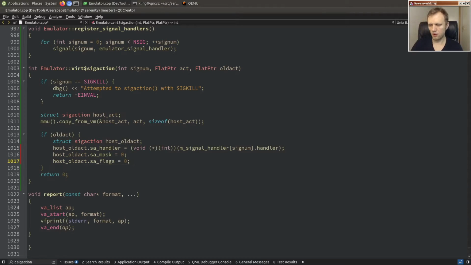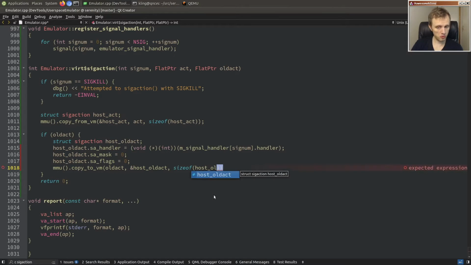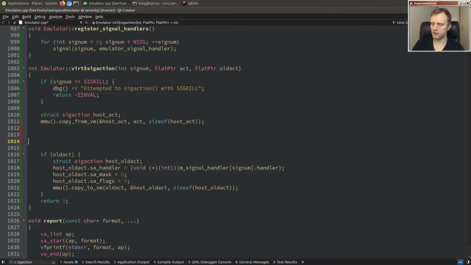Okay. And then we will just write these out to the old act pointer. So copy to VM, old act, host old act, size of host old act. Cool. So